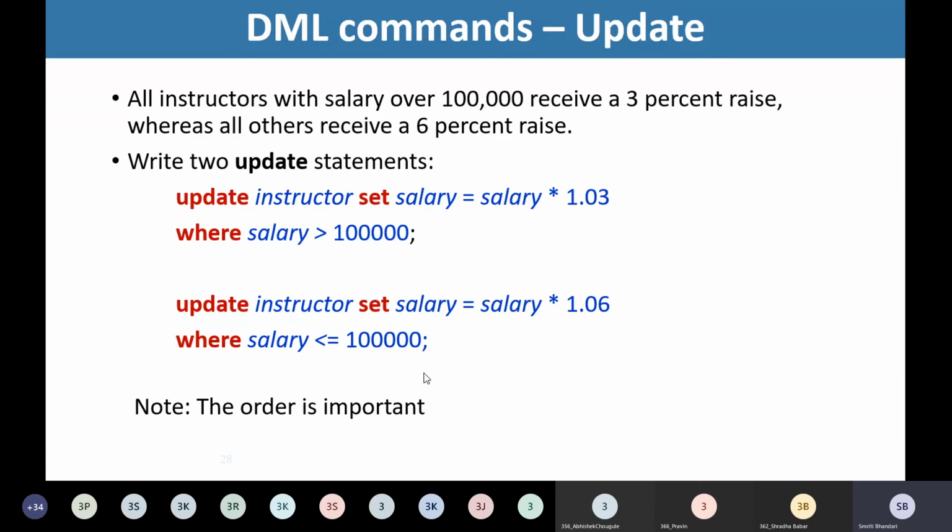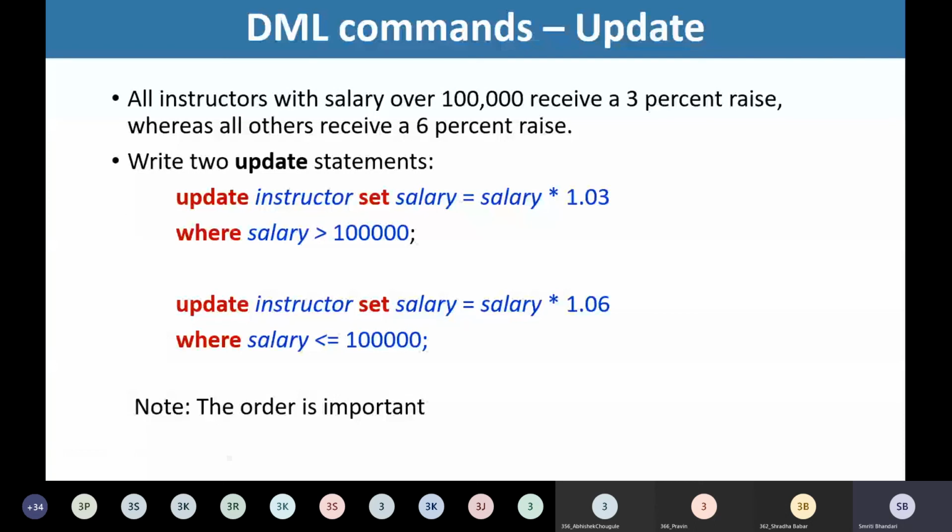The reason is, if we execute the 6% raise the first time, then it may happen that a few of the instructors' salary gets more than 1 lakh. So once again, if I go for updating the records with this condition, then the same tuples may be affected once again, and that should not be the case.